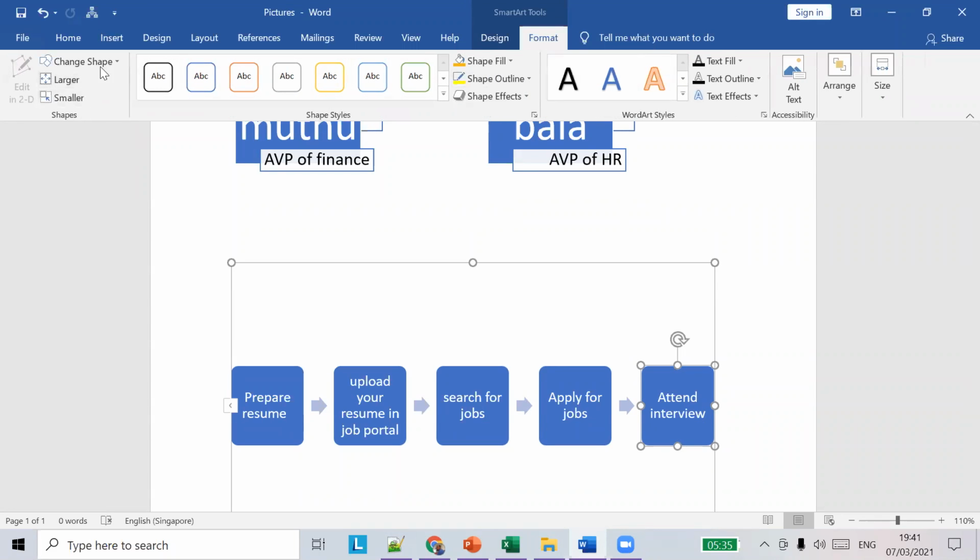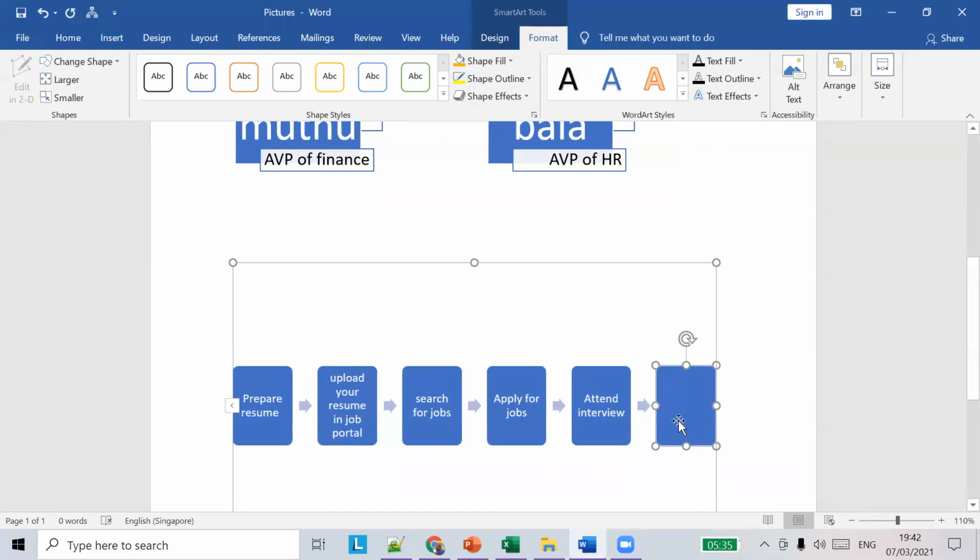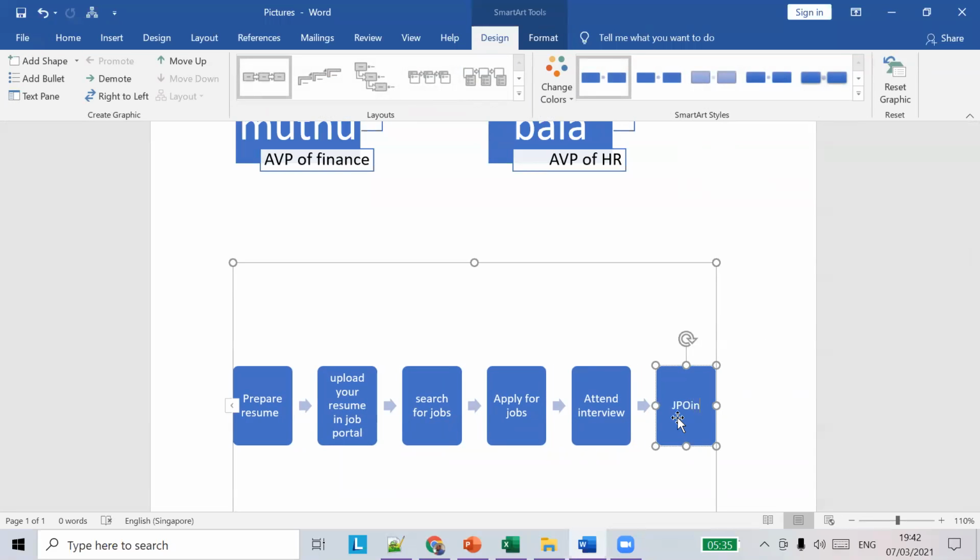Format. So join the job. Yeah, so that's it.